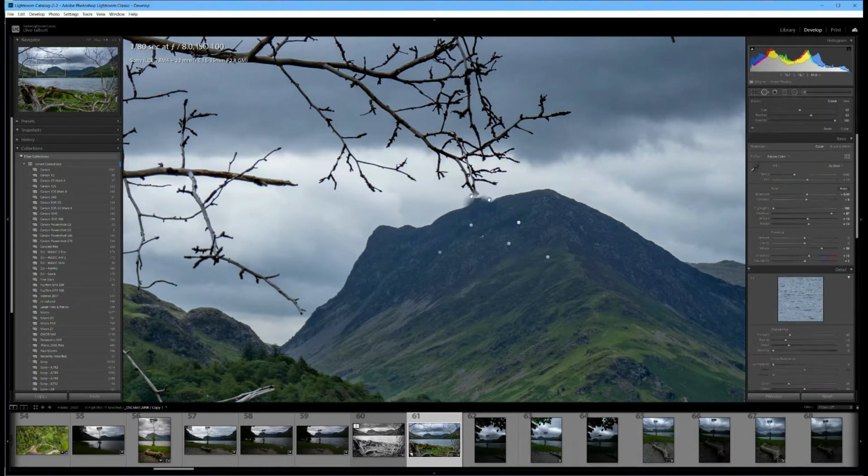So the next piece of cloning I want to do is to basically clear the branches away from the mountain, and I'm going to do that by taking that section, and it's copied a piece in from over there, which is okay. I'll accept that. No one's going to notice it, but there is an area here which I need to do, so I'm just going to mark that bit,